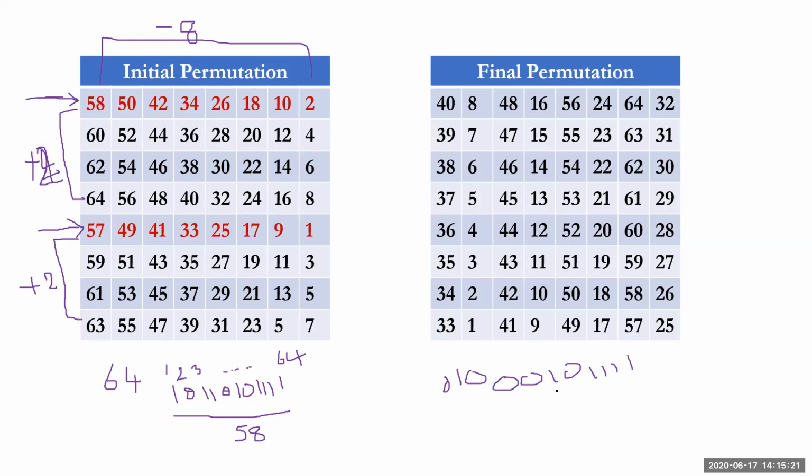So the 40th bit of the 16th application output will be the first bit of the final permutation. The 8th bit position will be the second bit of the final permutation, and so on. You need to remember it in such a fashion. It's also an 8 by 8 matrix; 8 8s are 64. And here also, we want to write this final permutation.